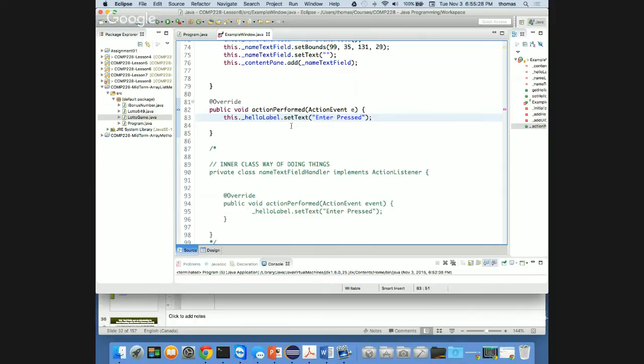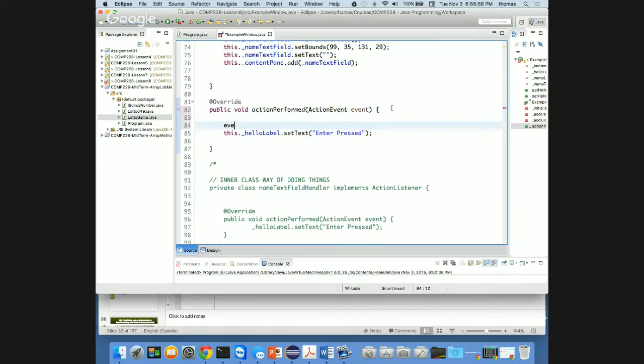This is a great example of an interface that forces us to create this method signature, right? Action performed, and action performed is an inherited thing. We inherit this way of doing things where we can listen for something happening, and then put some stuff in there. Remember, this action event type is listening for an event. This is actually an event. And now that I have access to this local variable event, I can actually go in here and go something like this: event dot,